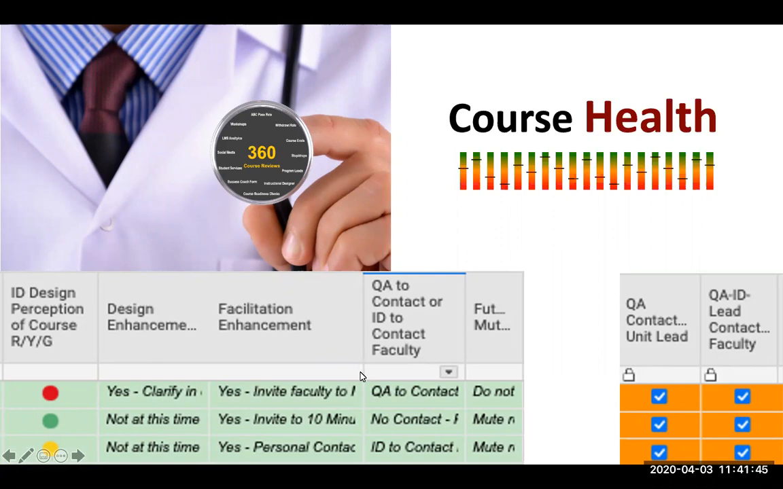And then these other columns are just to help us identify, okay, did we identify a design recommendation? Who's going to reach out? Is it going to be myself, or is it going to be the instructional designer? And then we share these with the program leads and the faculty in a very diplomatically worded email that's really